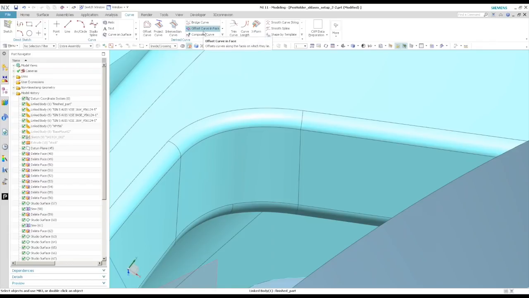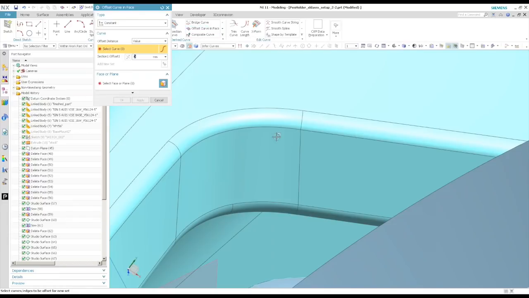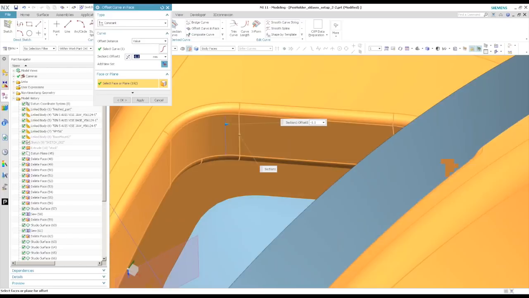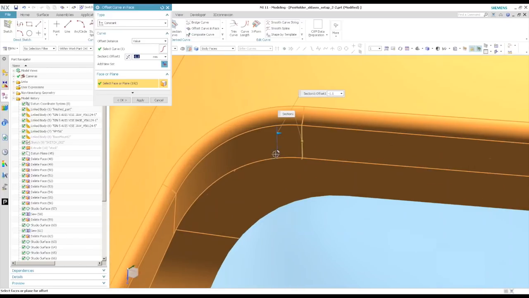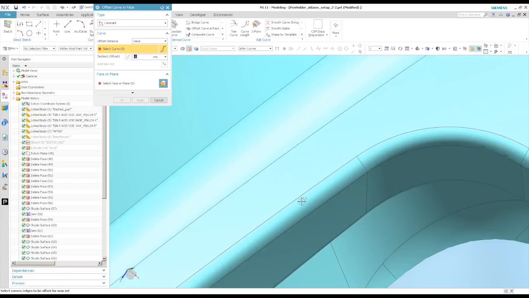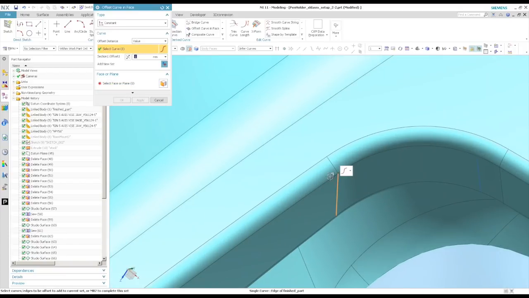Instead of trying to trim it or use rest mill, which can take longer to process, I'll just pick the curve and the face, and then you can offset it by whatever distance. We're in millimeter right now, but you can see it's normal to the face. So I could set this up, I don't know, -1 on this side, maybe -1 on this side,